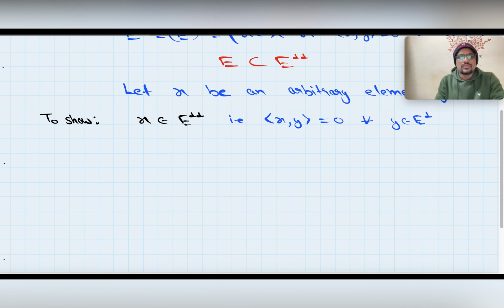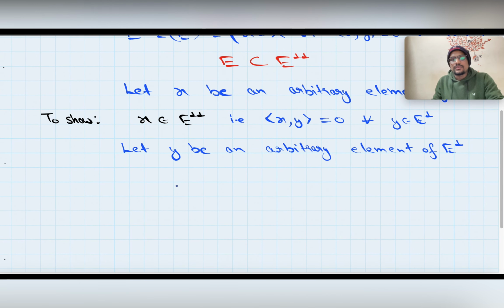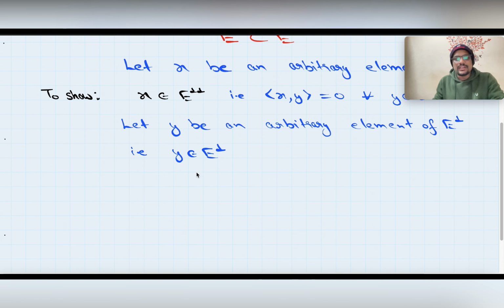For that, what will we do? We will take an element from E⊥. Let Y be an arbitrary element of E⊥. Now if Y is inside E⊥, what does it mean?